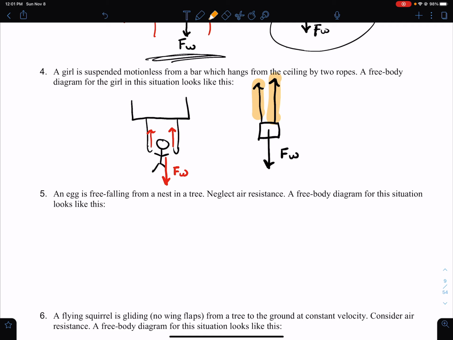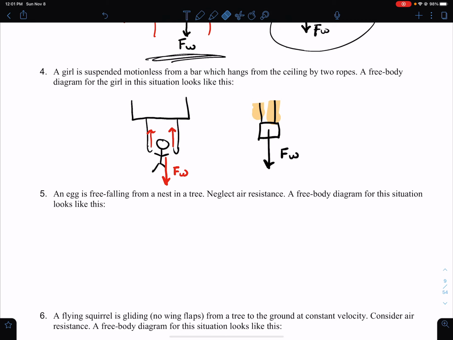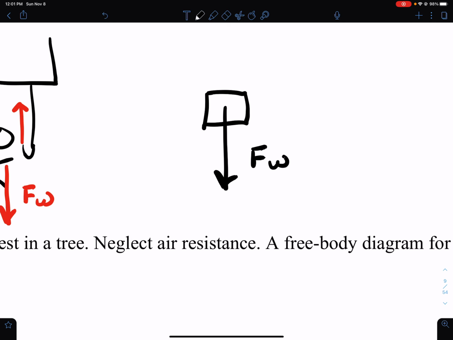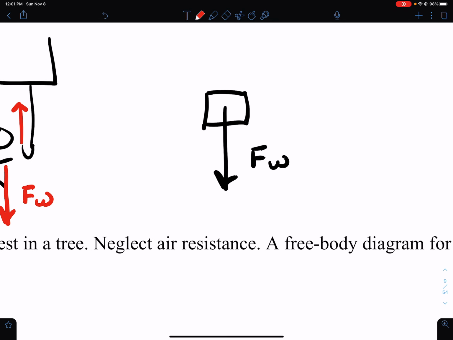So this girl would be moving up, not just sitting still. All right. So what we need to do is look at the length of our vector that we have drawn downwards. And what I'll do is draw 2 vectors that would be roughly 1/2 of each other. See, if I take this one and I draw another one like this,